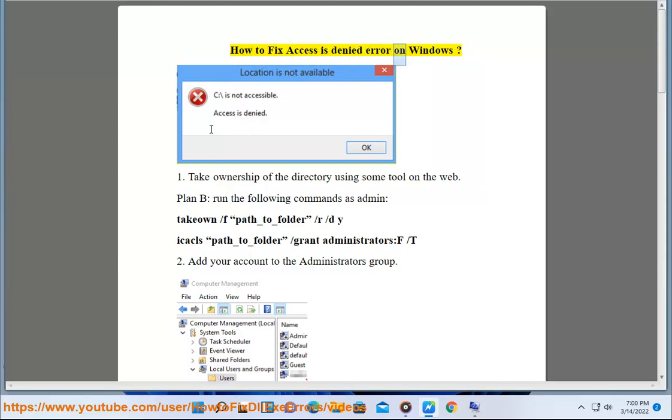How to fix access is denied error on Windows. 1. Take ownership of the directory using some tool on the web. Plan B, run